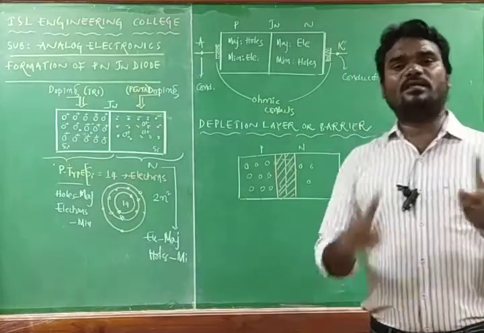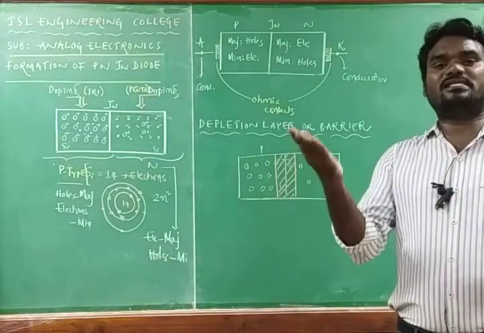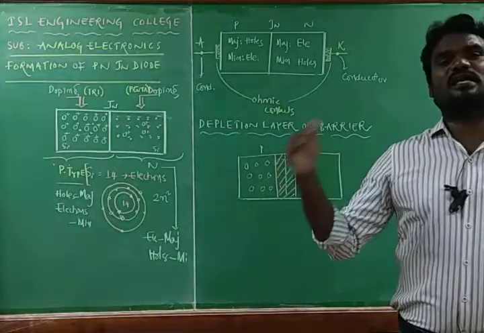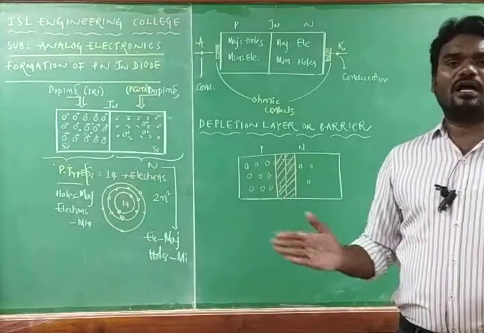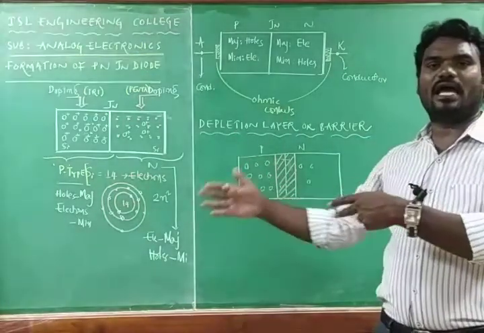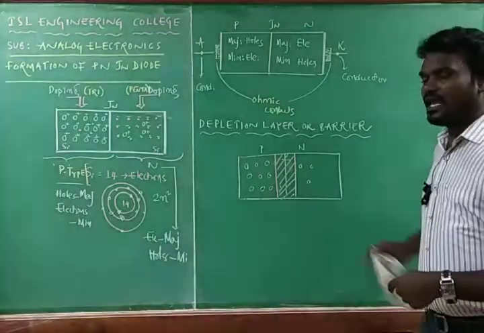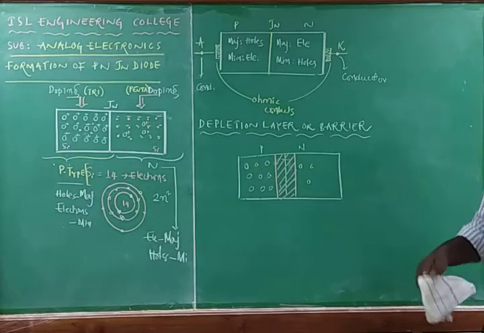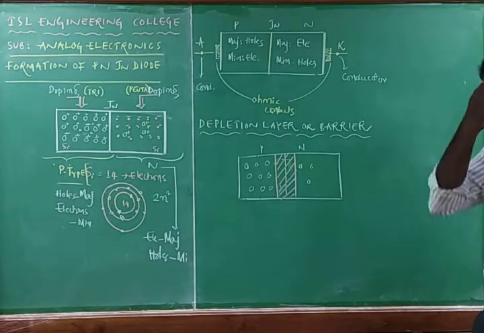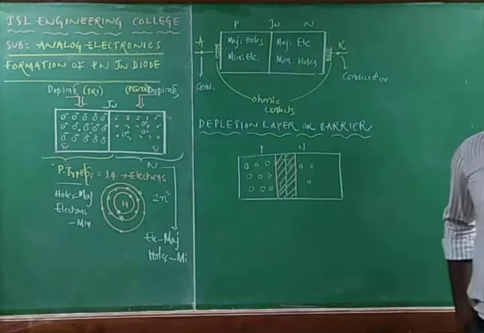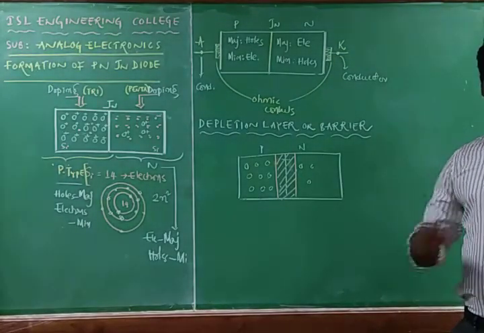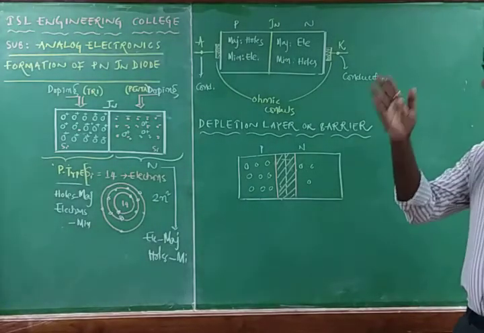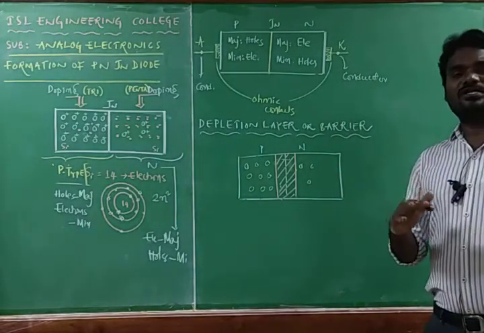When we are forming the p-n junction, there is a concentration gradient between the p and n material. The p is having more positive charges, n is having fewer positive charges, so holes want to diffuse from p side to n side, and electrons want to diffuse from n side to p side, and due to this diffusion there is electron and hole recombination. Due to that, immobile ions form across the junction on both the p and n materials, so that it depletes a layer across the junction on both sides.